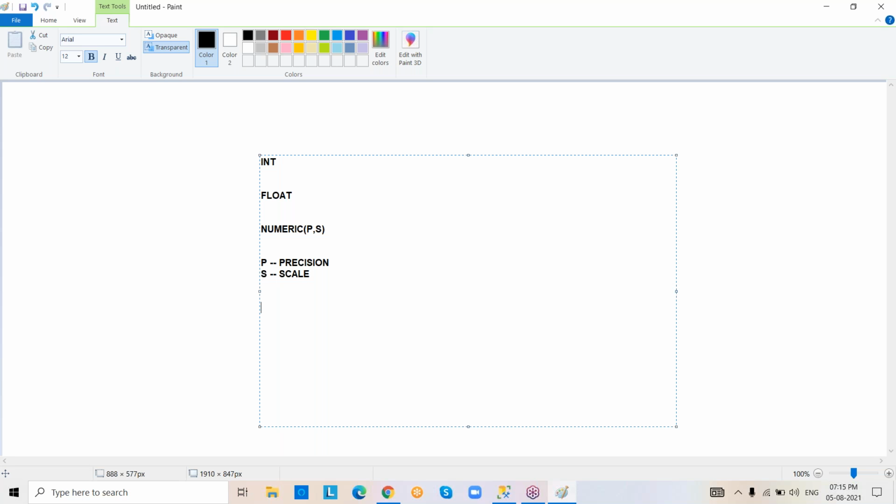I'll give you an example. Suppose I'm giving numeric of 5 comma 2. So in this example, 5 is precision, 2 is scale. Suppose this is the decimal point. Scale is 2. That means I can have 2 digits after the decimal point.